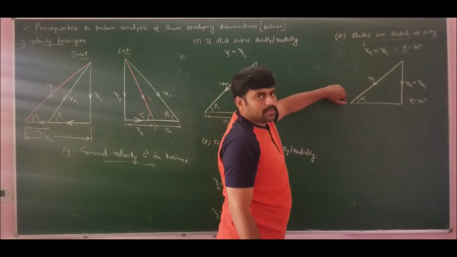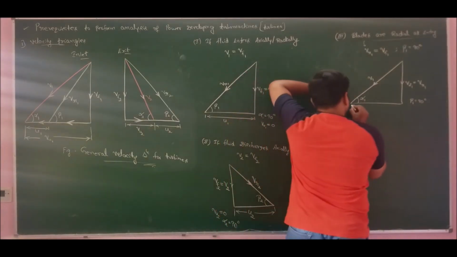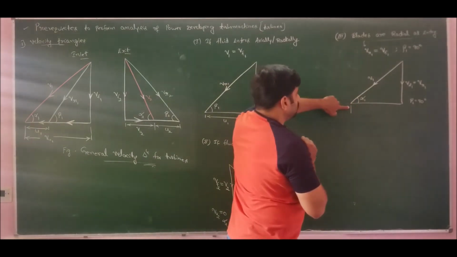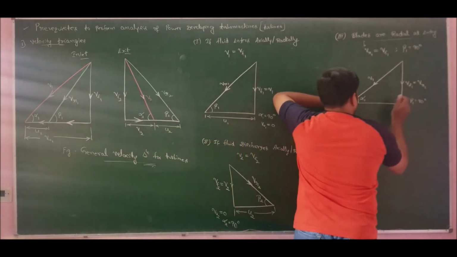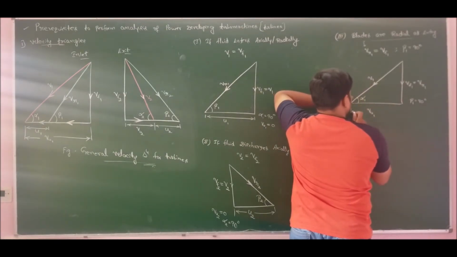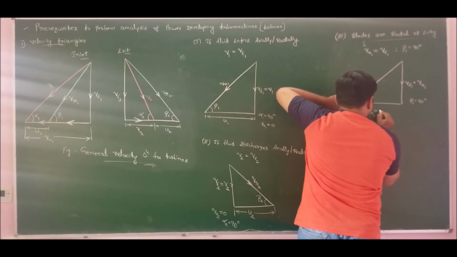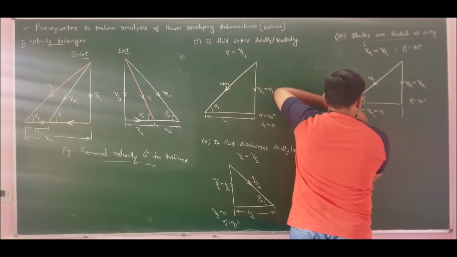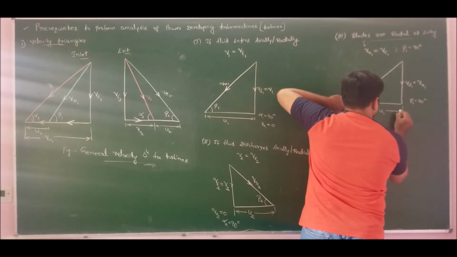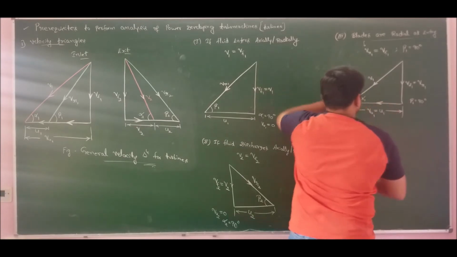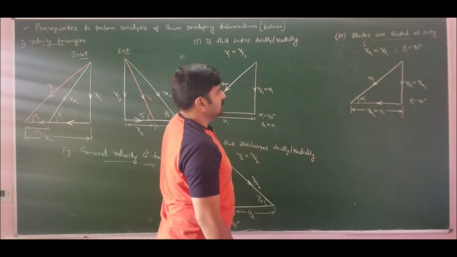Now for marking the base, as I said, always one should take the absolute velocity as a reference. Absolute to flow is the tangential component, that is VU1, and absolute to relative is the blade speed, that is U1. So for this case VU1 will become equal to U1. So this is the velocity triangle for case 3.